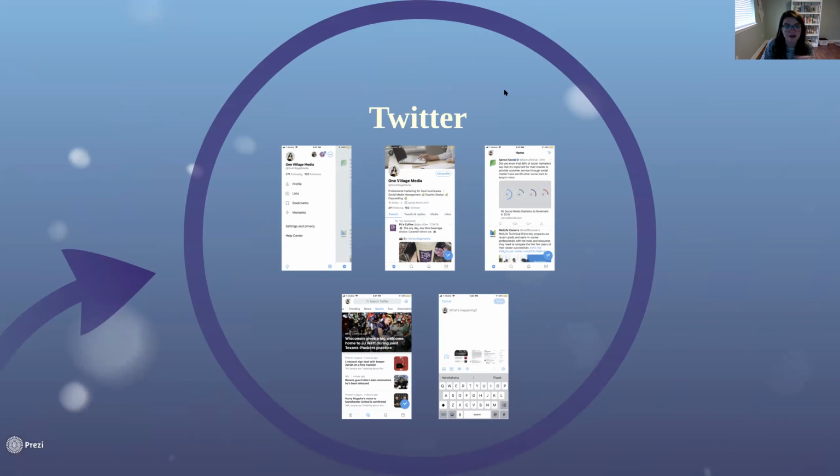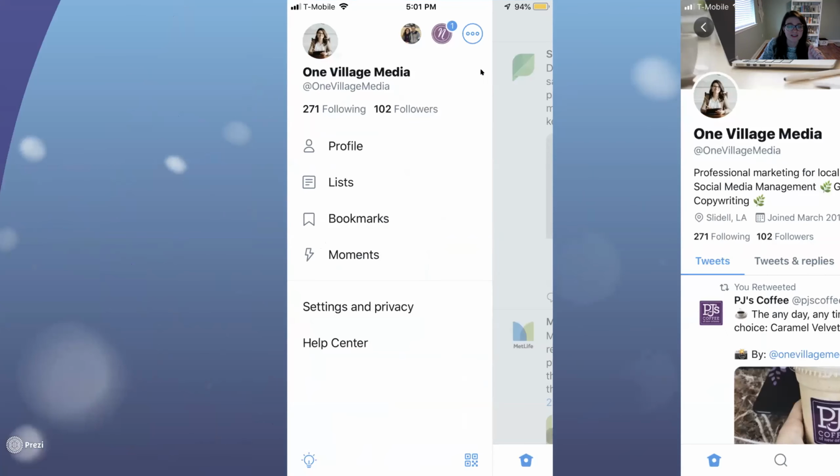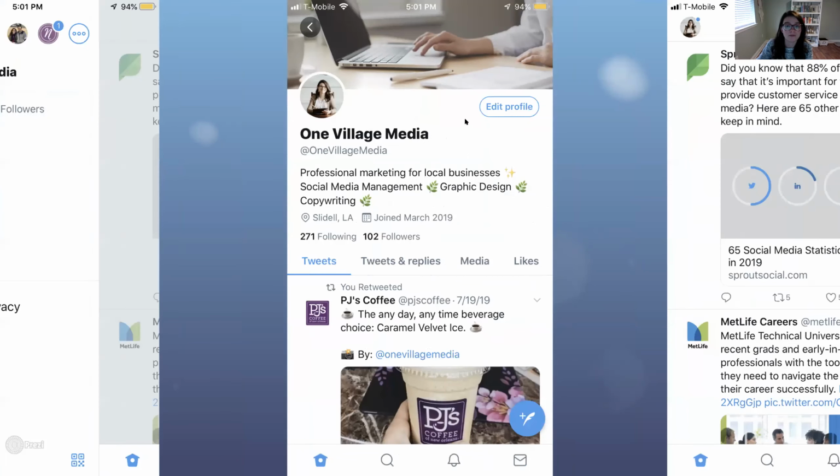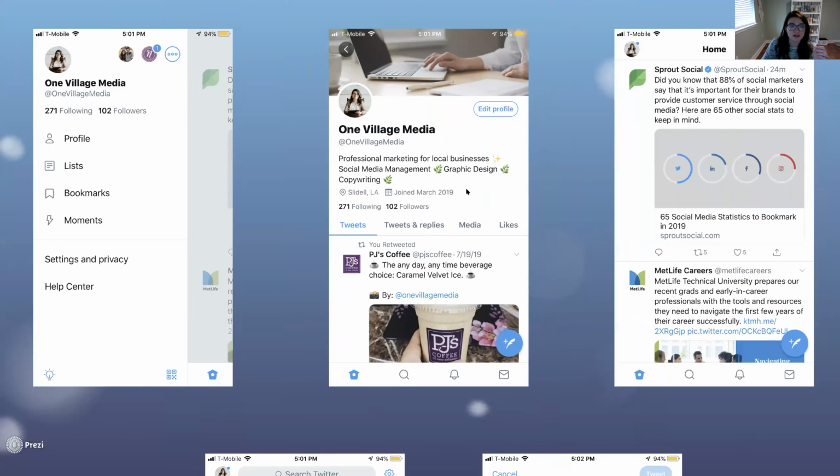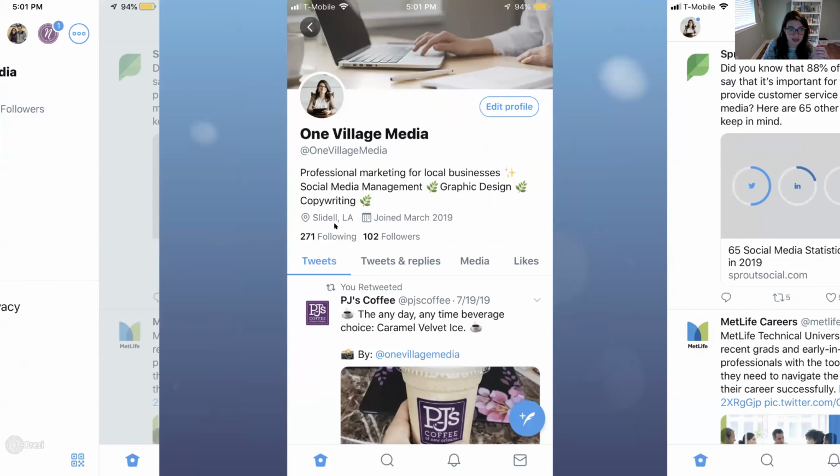All right, last slide, guys, I swear. Twitter, again, very, very quick. This is what Twitter looks like. This is your profile. You can view your own profile. You have bookmarks are similar to your saved folder on Facebook, lists and moments. And I don't have time to go over what all those mean, but this is what my main profile looks like on Twitter. So I've got a very quick description right here of what my business does, my location, and it shows when you join. Those are how many people I'm following and how many followers I have.